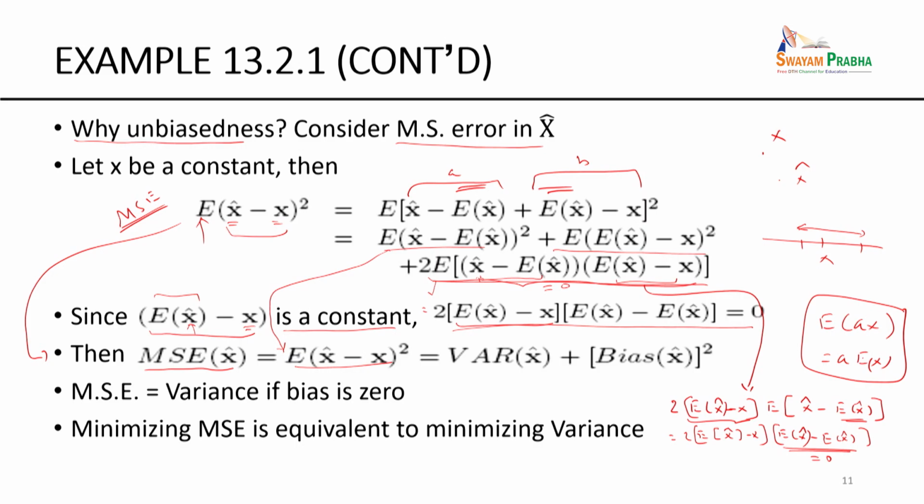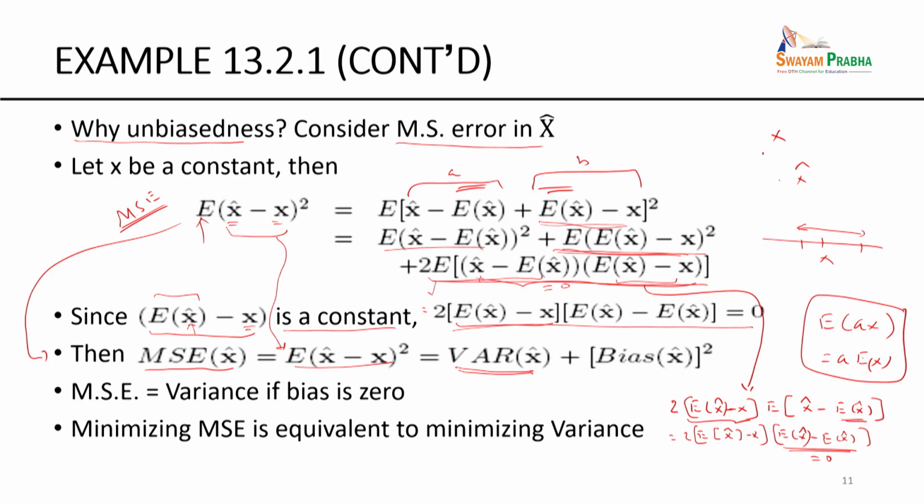I'm sorry, that's not right. This is the term that is coming in here, that's right. Now let's look at this. This is x hat, this is E of x hat, the expected value of x hat minus E of x hat, the square. What is that? That by definition is the variance of x hat. This by definition is the bias that we have already talked about. Expected value of x hat minus x is the bias.